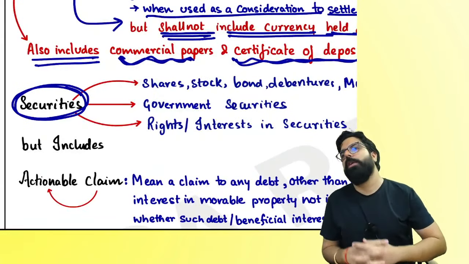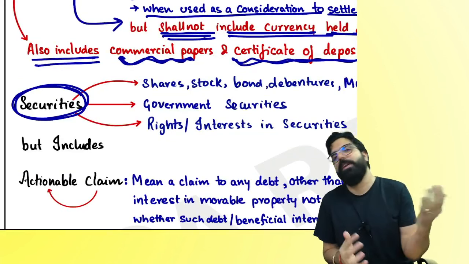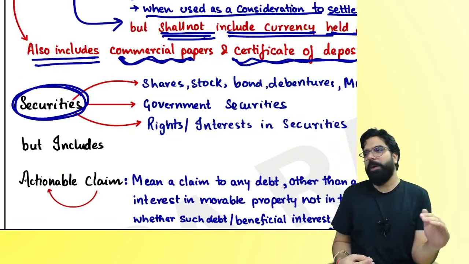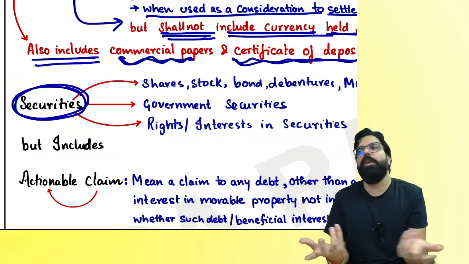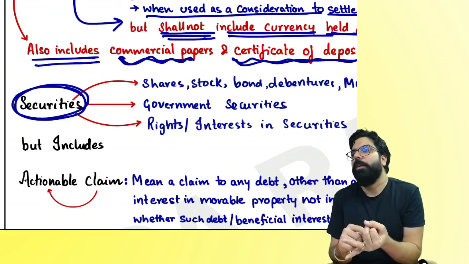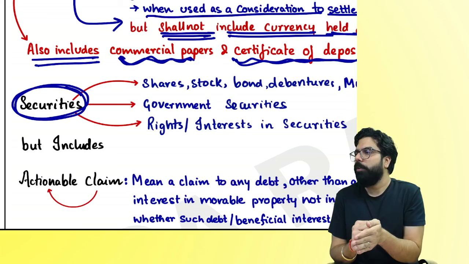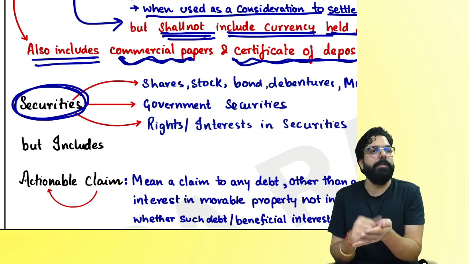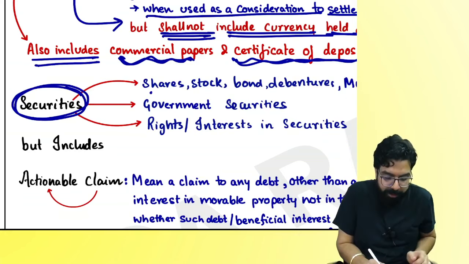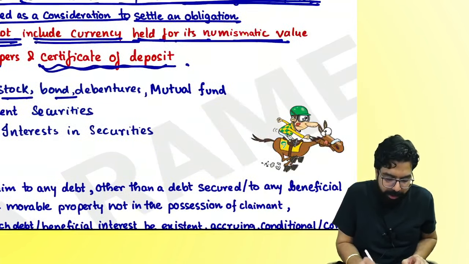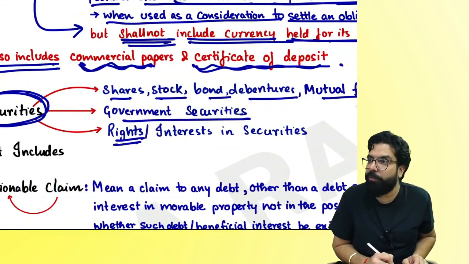Securities should be taken from the definition in the Securities Act, but we will not learn so much, it is not required. So securities means what? Shares, bonds, debentures, mutual funds, stocks, derivatives. Securities means share, stock, bond, debentures, mutual fund, government securities, any right in any securities,